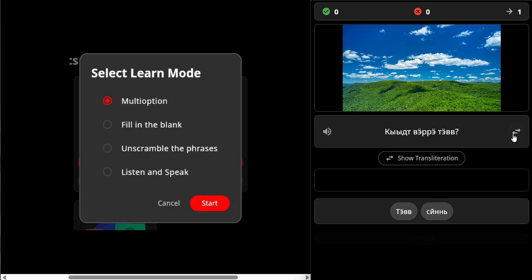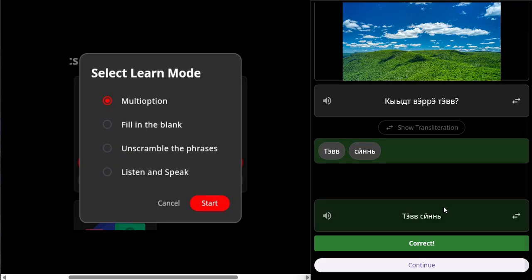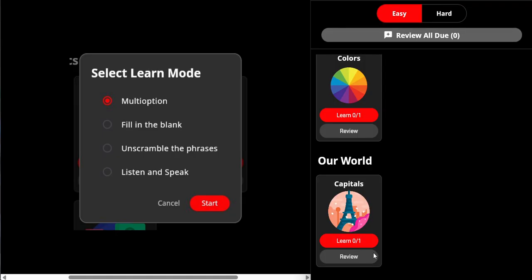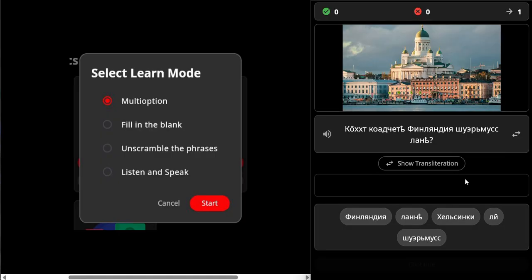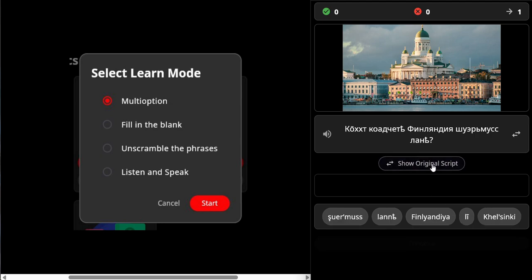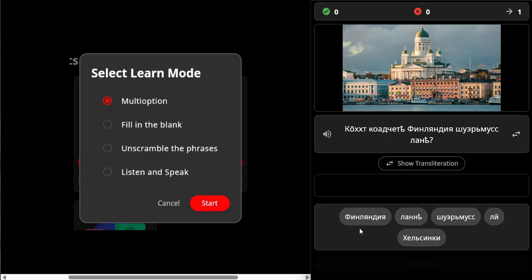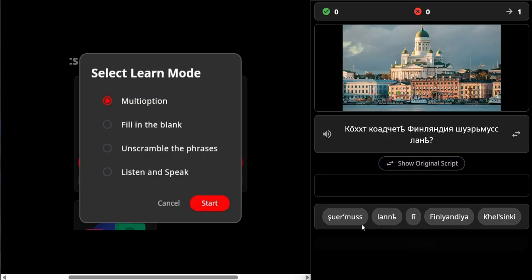And here is the unscramble mode. What color is the sky? So you have the same question as we had before, everything is the same except we have to form the answer from the word blocks like this. And I forgot to show you, we can choose the transliterated words or their original ones, like you can see here. When I click, they are in Cyrillic and now in Latin,